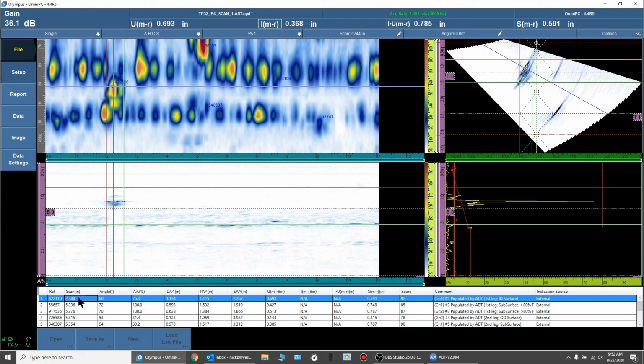We talked about the tedious aspect of trying to find the highest amplitude spot and then trying to find the 6 dB or 3 dB extents of a flaw in order to size it. When I click on this indication, all that's done for me. So we can see it's placed the data cursor in the highest amplitude spot in each one. It looks like we have a little manufactured ID crack here, a few different facets to it,